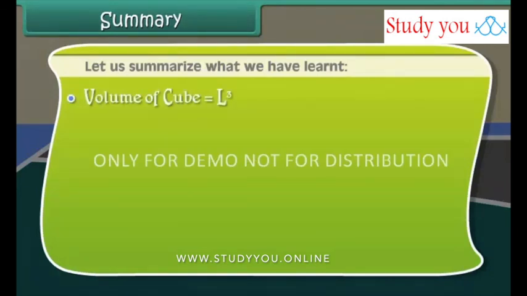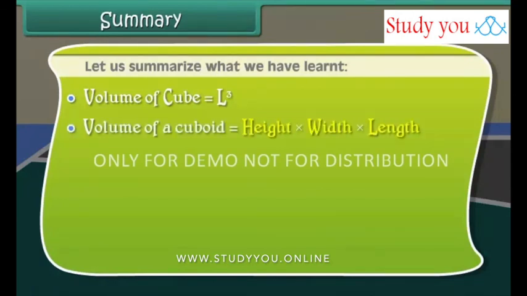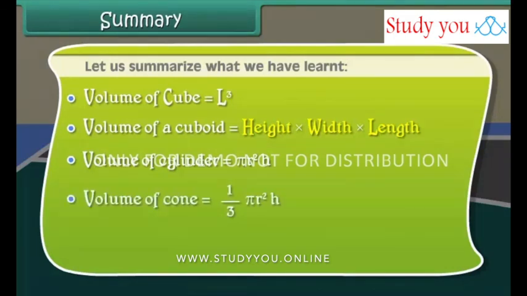Volume of a cube is equal to L cubed. Volume of a cuboid is equal to height times width times length. Volume of a cylinder is equal to pi r squared h. Volume of a cone is equal to 1 over 3 pi r squared h. Volume